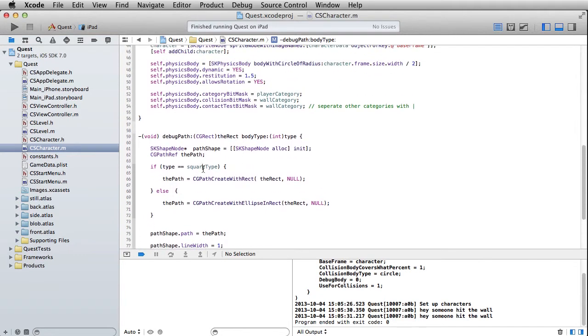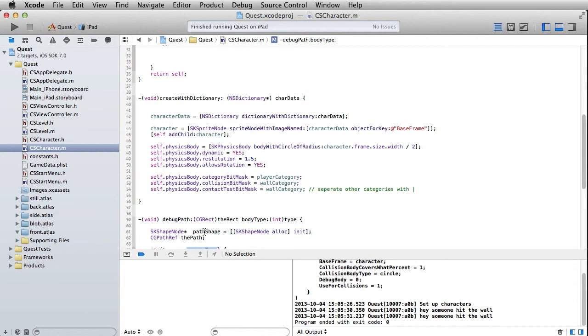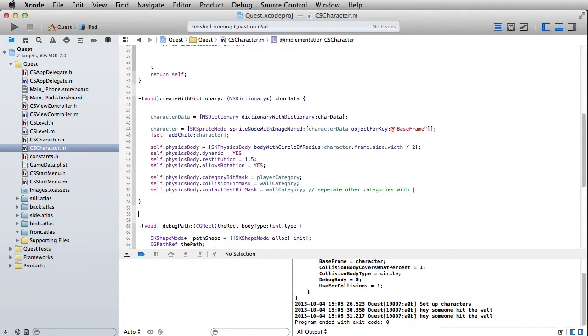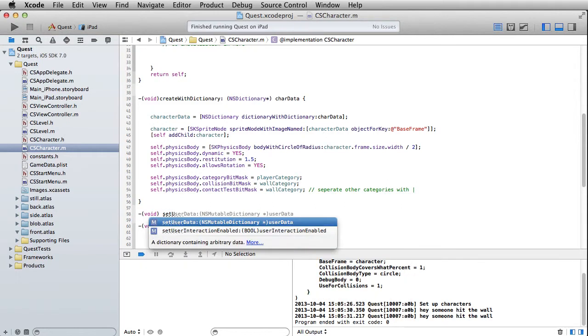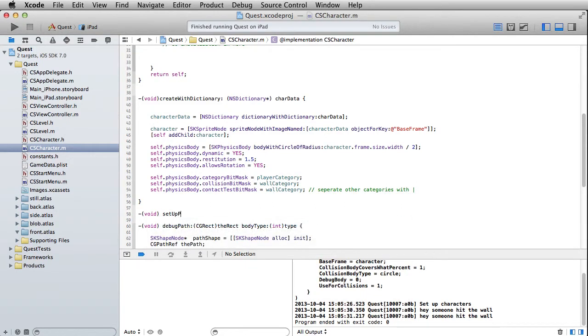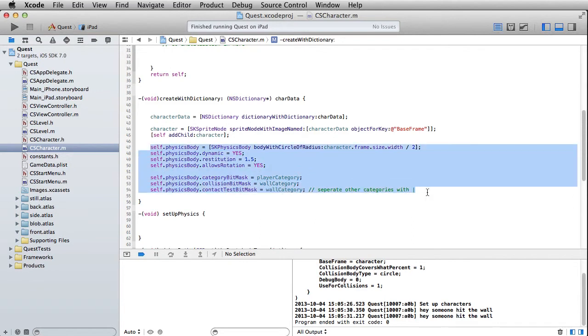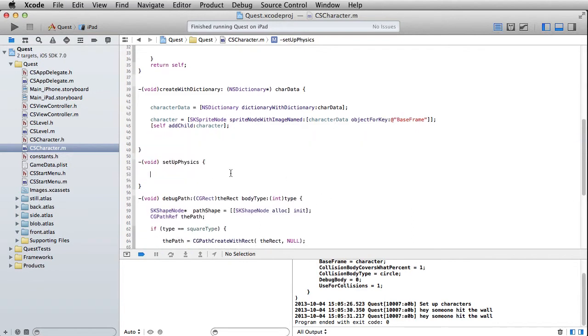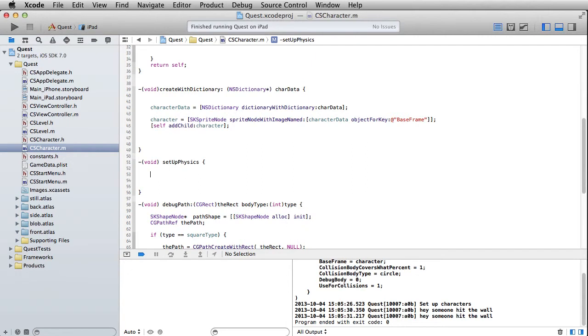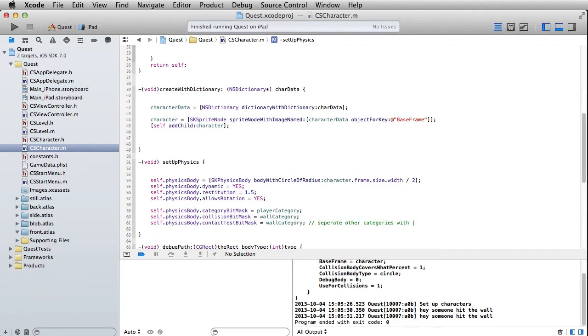Of course, what we do need to do is come up here and establish whether or not we're actually going to use the physics at all, and the exact type. So let's go ahead and create a method called void and set up physics, and we can go ahead and move all this fun stuff to within here,